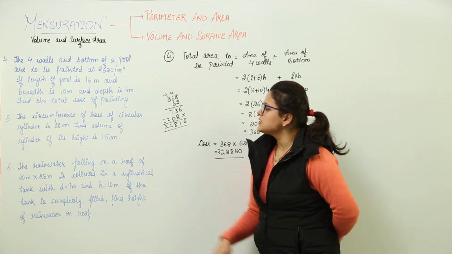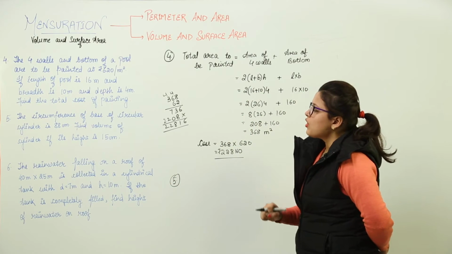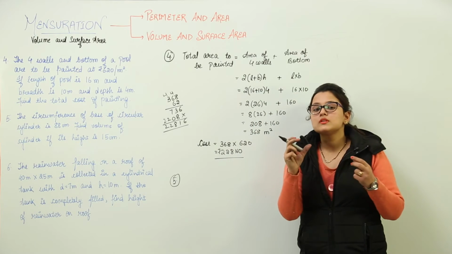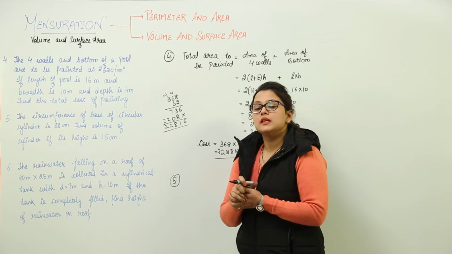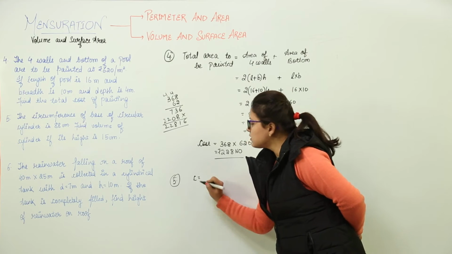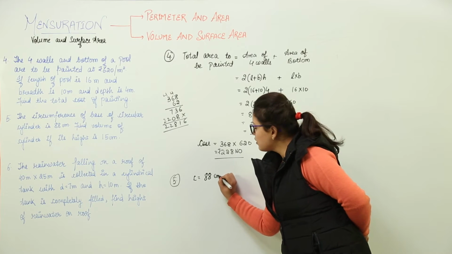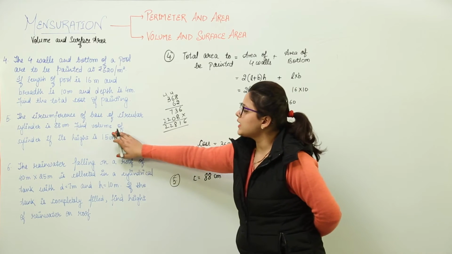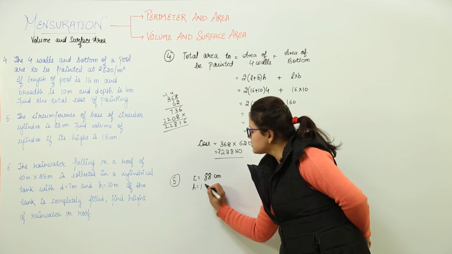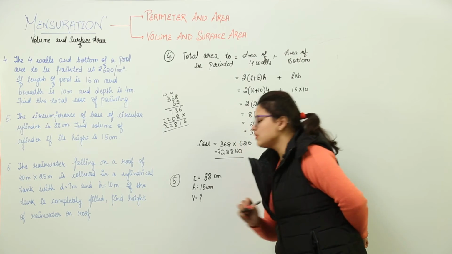Similarly, let us move on to the second question. That is the fifth question over here. That says the circumference of the base of a cylinder. Now try and memorize what the circumference was. The circumference was the length of the boundary of a cylinder. So we would write whatever is given to us. Circumference is given to us as 88 centimeters, right? What are we supposed to find out? We have to find the volume of the cylinder if its height is this. Now height is also given to us, which is 15 centimeters. We are supposed to find the volume.